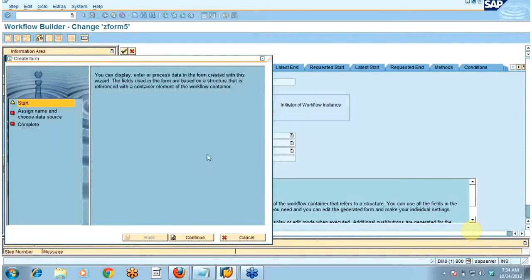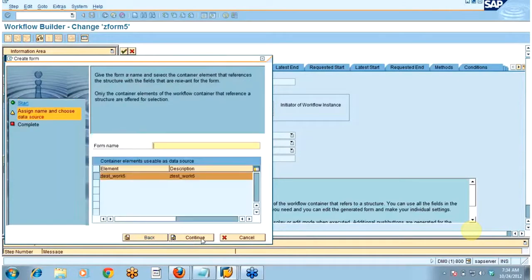The wizard will open. There you have to navigate through it. I'm just clicking on the continue button in the form. Okay, you can give anything in this form name. You can see here I'm having one structure called gtestwork6 which I have created in the workflow container. If you have more than one structure, you can select at least one of those.